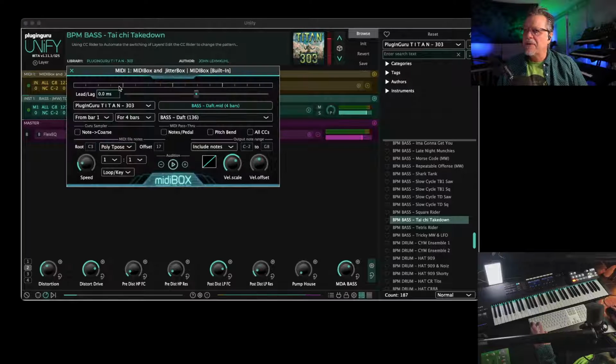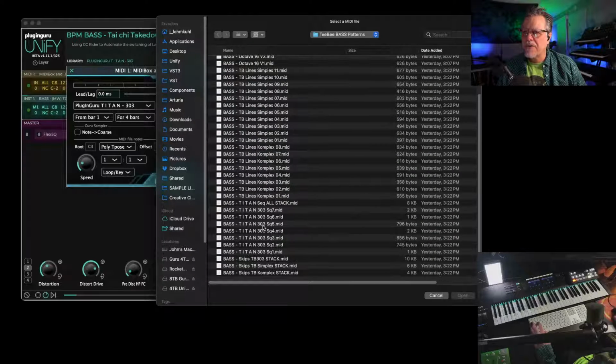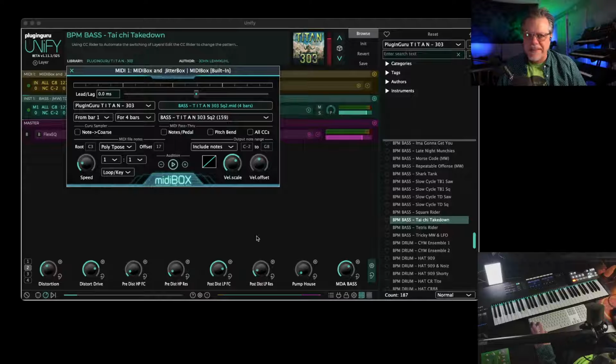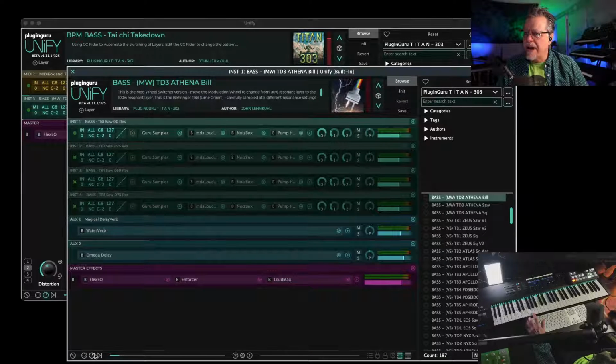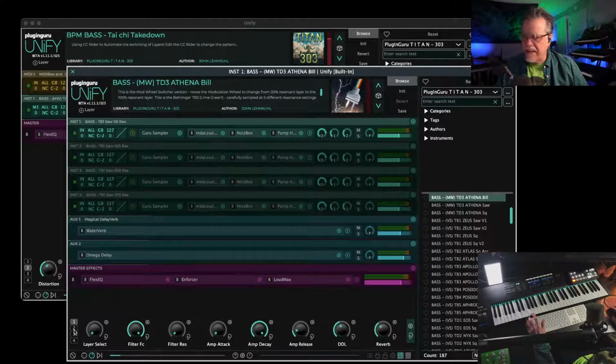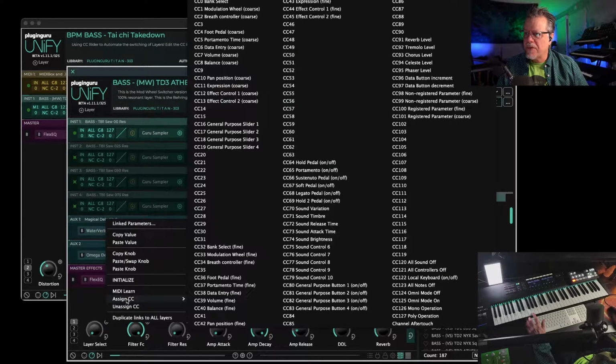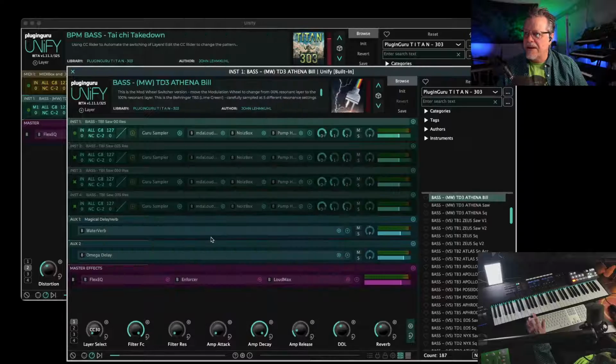ability to either look at the MIDI file. This is not one that's got CC in it. Only the ones that are, if you go down here to the Titan ones, have the MIDI CC. Let's call up one of those. Okay. So if it's a Titan sequence, then I know I can turn off CC Writer, open up UNIFY, and there is a knob called Layer Select on layer 1, number 1. And if you go Assign to MIDI CC 30,